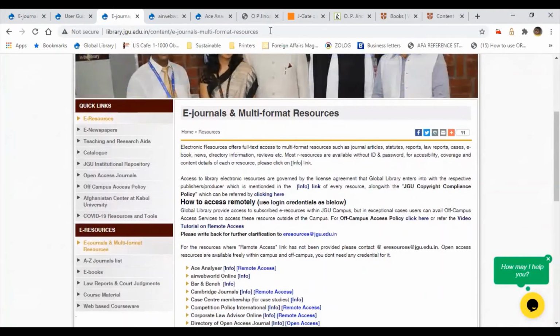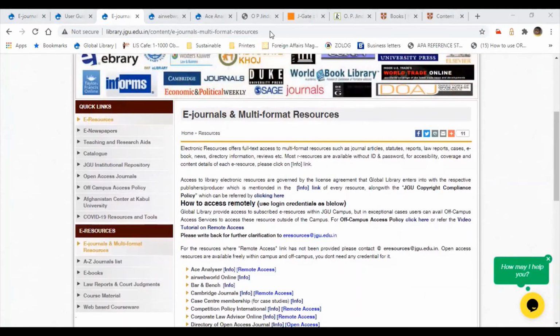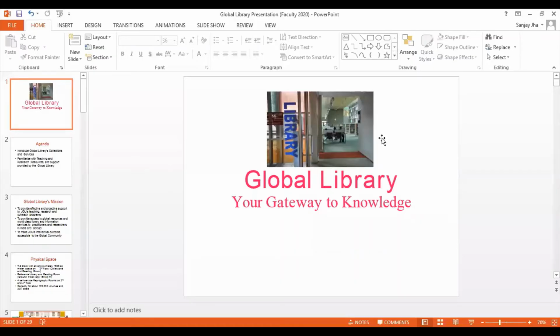Can I share my screen? Jairam, are you? Jairam, stop sharing your screen. Okay, my screen is visible to everyone. Yeah, it's visible. Very good afternoon to all of you.